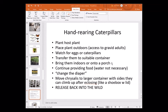I actually found out the other day that to raise 1 clutch of 4 baby birds, they are going to eat 9,000 caterpillars. So that's why so many eggs are laid, so that they can be part of the chain of life there. So once you get your eggs or your caterpillars, you're going to transfer them to a suitable